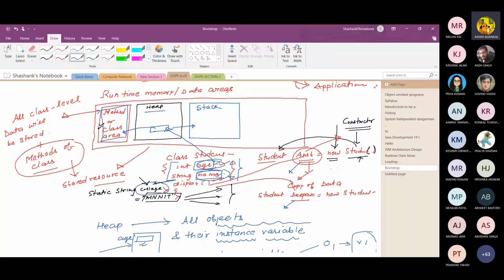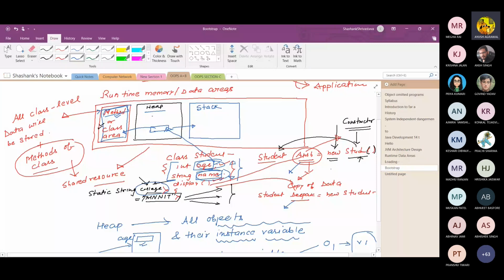This is called the class area or method area, where the class is loaded into memory, meaning the method part and all the constructs of the class, like a static variable. The static variable is not located in the heap memory area, so it must be stored somewhere in memory. Otherwise, how can we access the static variable?